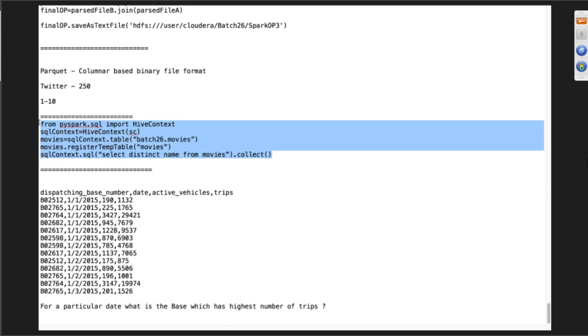Okay, that's fine. First, you will get at least the sense of transformation, right? How to apply transformation. So you have to do this simple thing. For a particular date, what is the base which has highest number of trips? So you can segregate these into columns and apply your transformations on top of Spark. And then